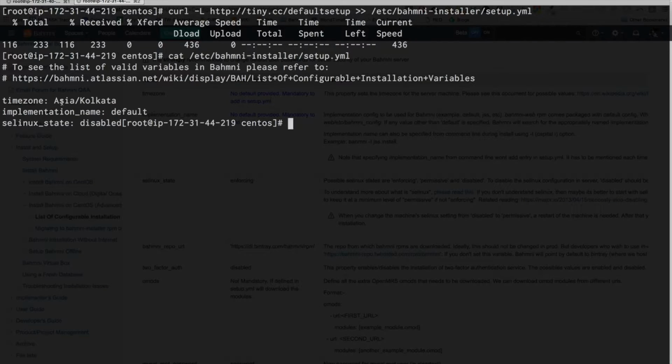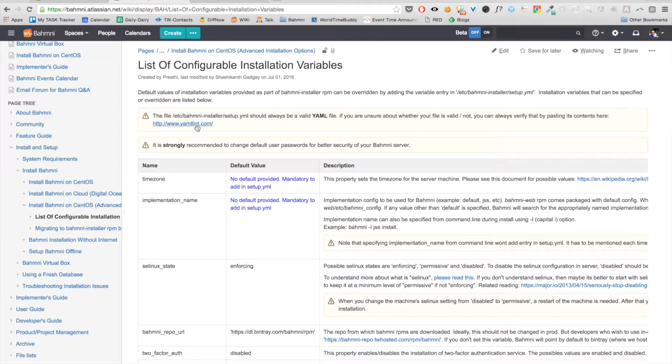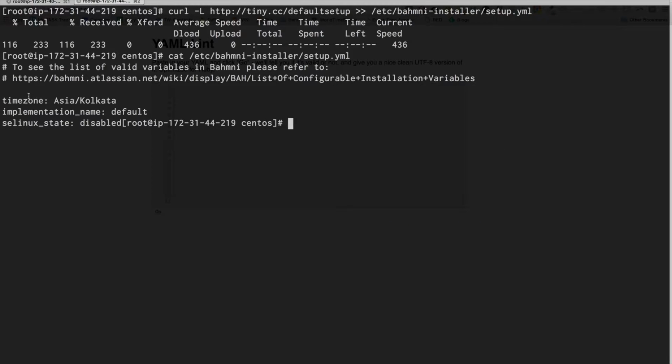You also have to note that this is a YML file format. YML is nothing but a simple key and its value, except that you need to make sure you put a space after the colon. It's standard YML. If you are not sure whether your YML will be valid or not, you can use this online checker for YAML files, where you can paste your YAML file and it will tell you whether it is valid or invalid.